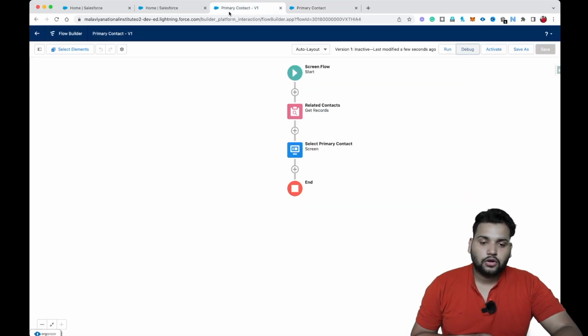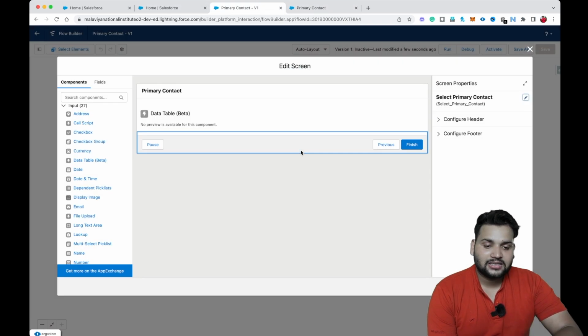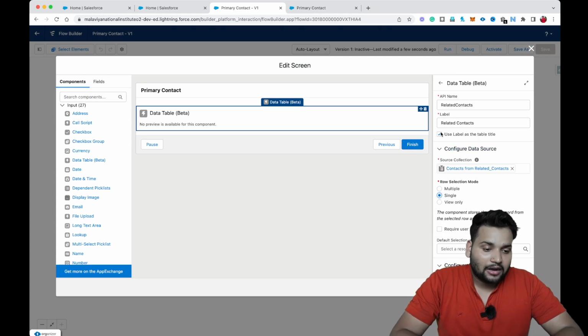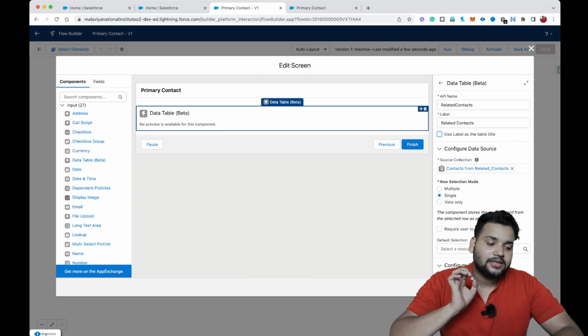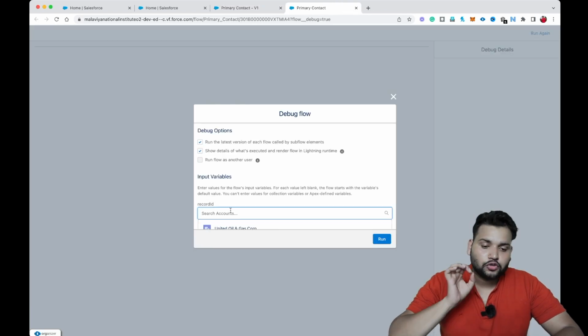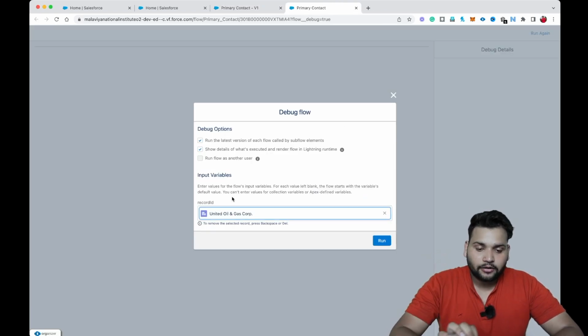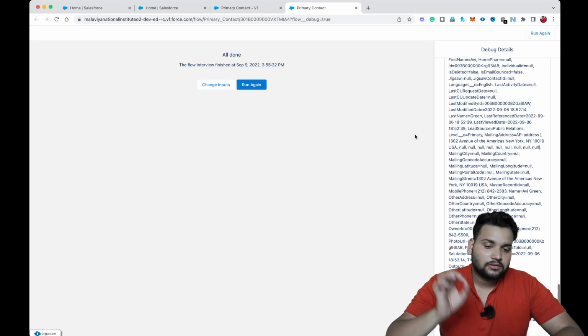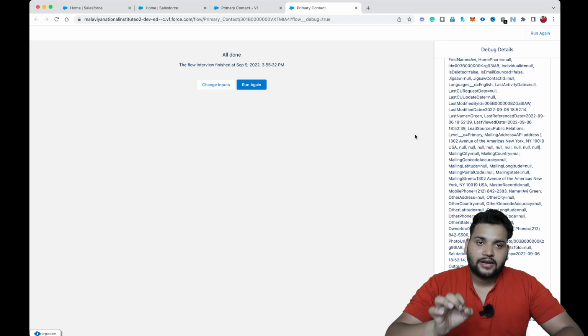Apart from that, let's go to our flow again, and this time I am going to select row selection as single mode, and also I am going to uncheck this use label as the table title. Let's click on done. Let's save our flow again and click debug. Again, we need to provide an account which is United Oil and Gas Corp, click run. After that, if I don't select any record, it will not throw any kind of error